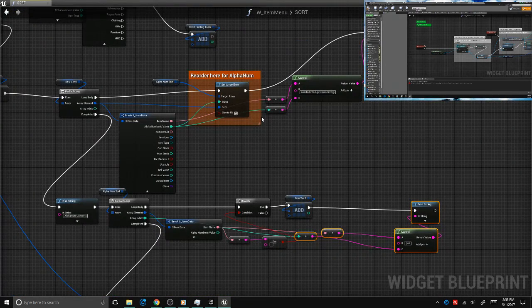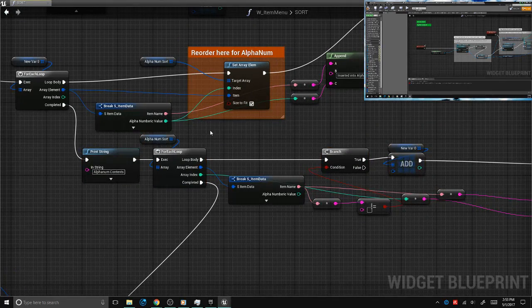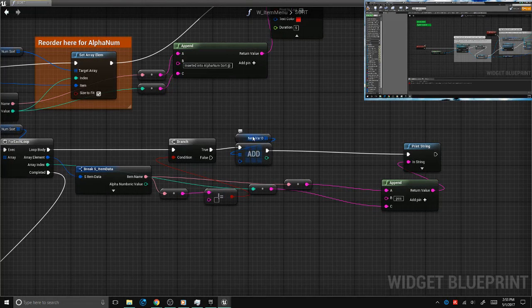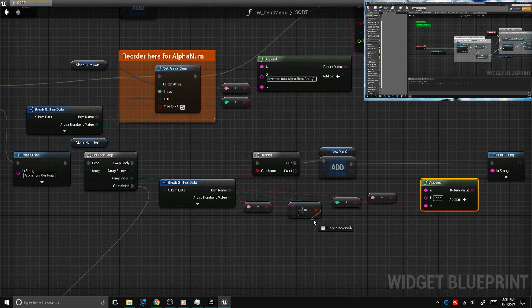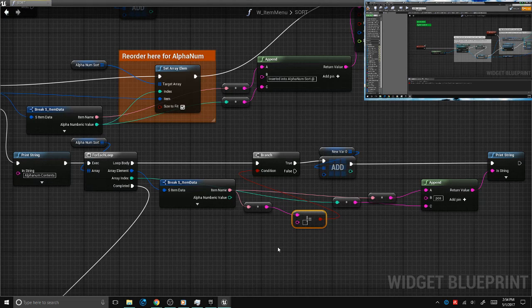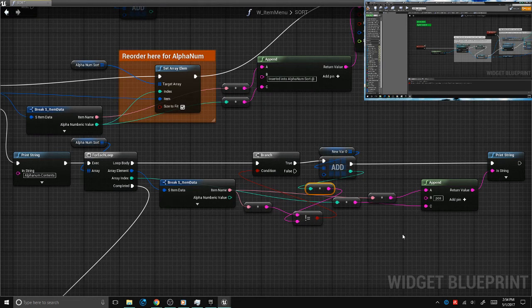So really the reordering happens in two phases. Wait, what? Oh no, what am I doing? Yeah, if it's not equal to. So this should work. It's not going to be perfect though, because